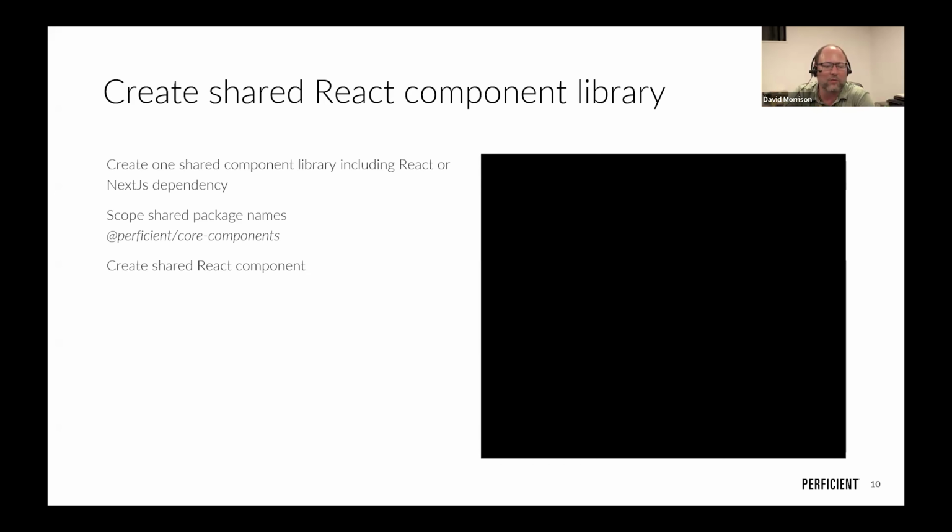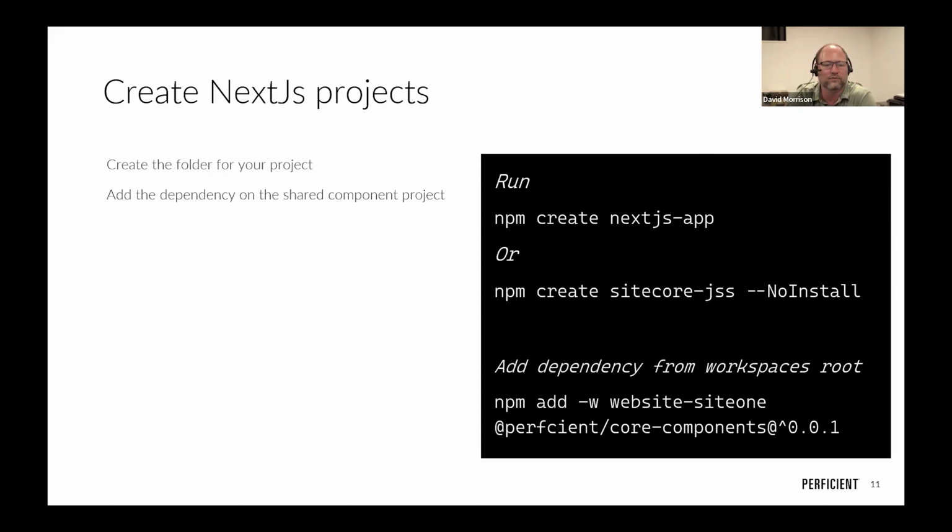And the one thing I would really recommend that took me a little time to understand is you really want to start to add a scope to your package names. It's better to pick your customer, or if you're a consultant creating core components to share, you would use the company name there. That scope makes it easier to understand who you're addressing in the workspace. It also organizes everything nicely when you look at your dependencies, so you can tell where all the core components that I created are living. And then inside that component package, you'll create all the different components you want to share.